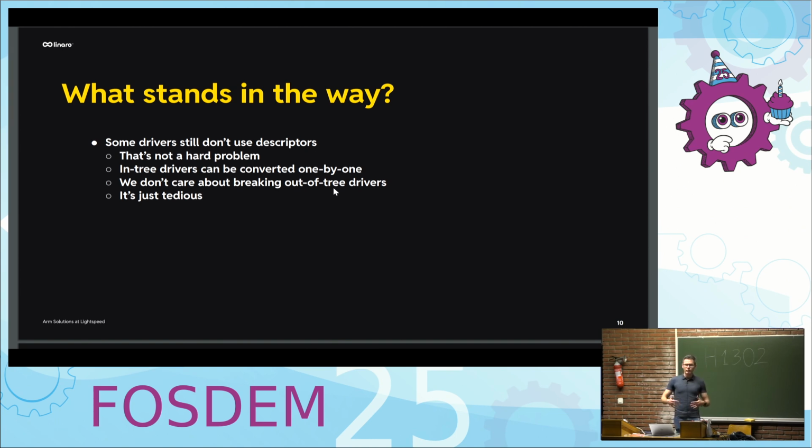So if we convert every in-kernel user to the new interface, we can drop the old interface. It's just that it's very tedious. It's a task that is not simple enough for kernel janitors to tackle, but it's not very interesting for advanced developers who want to do something fun.